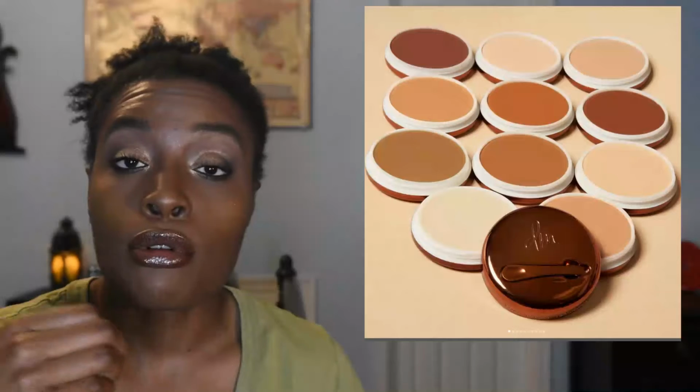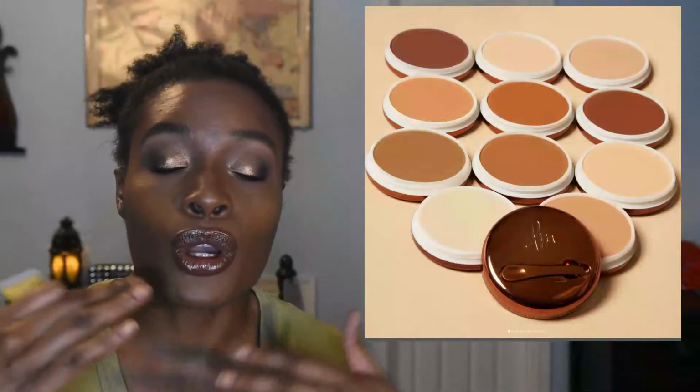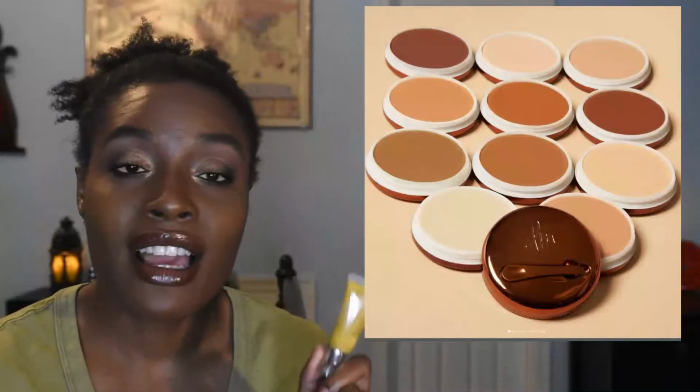So basically this is a cream to powder product that you can use in a multitude of ways, and that's what I really enjoy about Danessa Myrick's range in general. All of her products are multi-use, and I truly enjoy that. So for example, this color fix, I've been talking about wanting to do some more graphic liners. You guys know I love yellow. I will reach for a yellow graphic liner more consistently than any other color, so that's why I picked this up. But I also love this formula for cream cheek products,